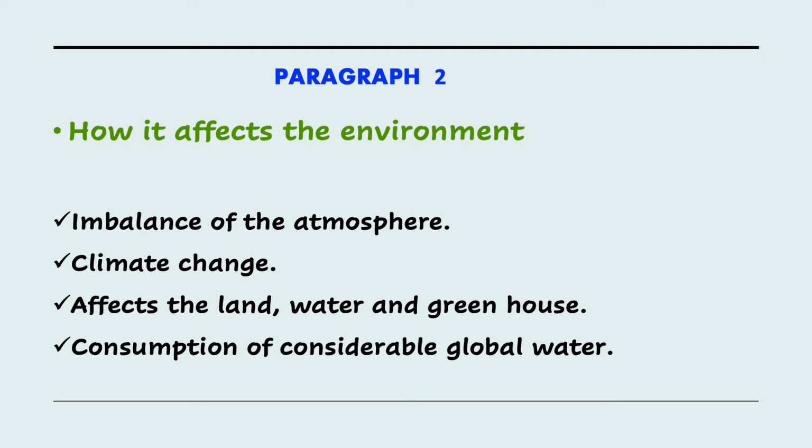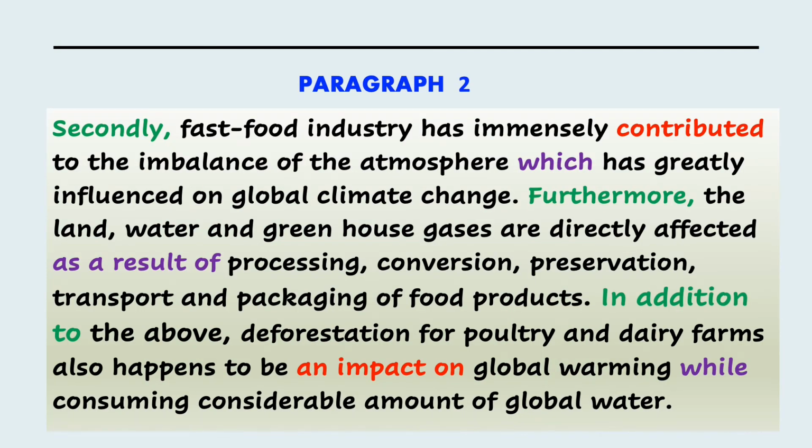You can discuss how it affects the environment in your paragraph 2 and make sure that you are including all the points you have jotted down. This is my body paragraph 2. Secondly, fast food industry has immensely contributed to the imbalance of the atmosphere, which has greatly influenced on global climate